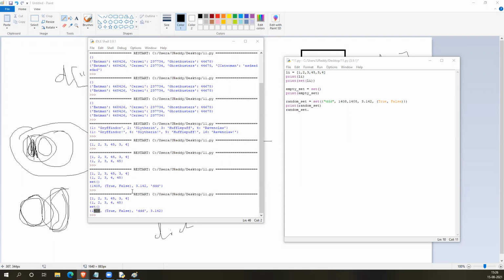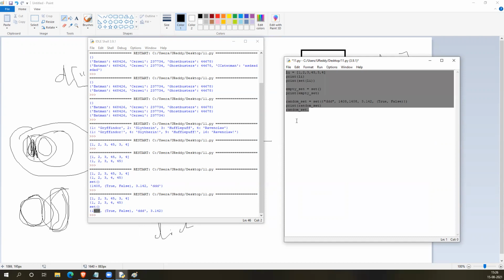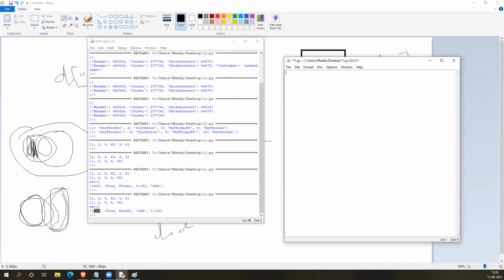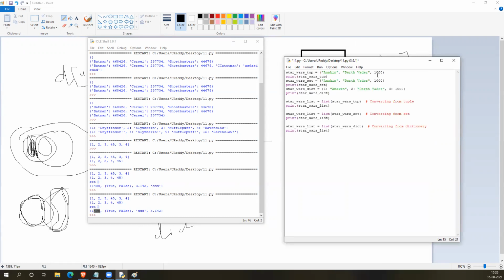And now in most of the calculations, we'll be converting dictionaries or sets to lists, and everything will be converted to lists. So that's why I'll show you a sample program which does all of them. Here it is a tuple. This tuple I got printed directly, and this is a set because it's curly brackets, and I'm printing this set now. And this is a dictionary. Understood? So converting from a tuple to a list is simple. I'll simply place list in front of it. This will be converted to the square brackets form. And converting from a set is also simply list. And converting from a dictionary is also the same.